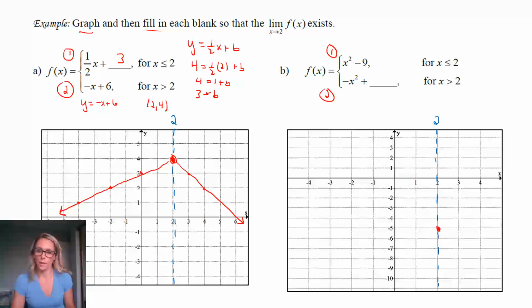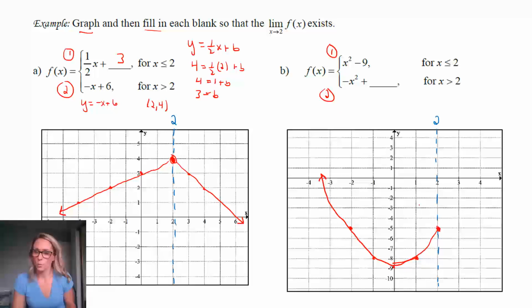If we plug in 1 to that first piece, you can see that we would get negative 8. If we plug in 0, we get negative 9. And then hopefully you should see that there's some symmetry going on here because of where the vertex is. So the first function is going to look like this. Let me go down a little bit lower. I'm at the bottom of my tablet, but there we are, something like that. So now we need our other quadratic to just be on the other side. And notice that it faces downward because it's a negative x squared plus some value.